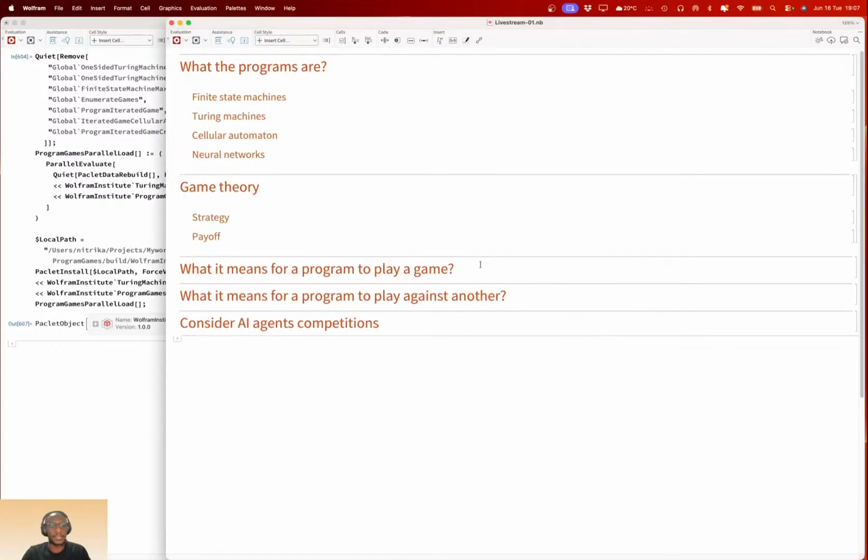Right. Okay, so let's talk about games first. Let's talk about what programs are. In the computer science world, programs are a set of instructions you give to a computer, written in any programming language, whether it's Python, Rust, or C. Those are instructions to a computer to do something, right?